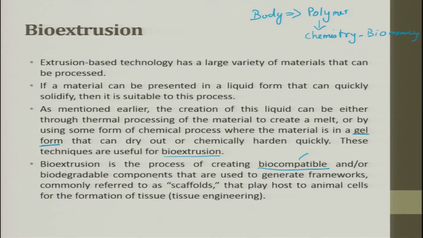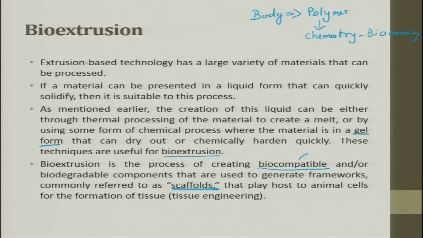Now we have biocompatible or biodegradable staplers. They just pull the skin together and staple it and leave it there. Over a period of time, the stapler dissolves, the skin joins, and you do not see any scar mark there. So, biodegradable components are used to generate a framework, commonly referred to as a scaffold, that plays